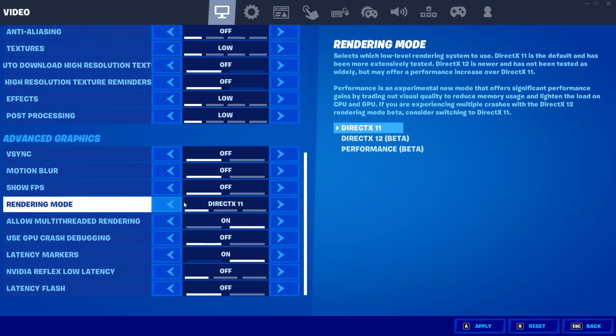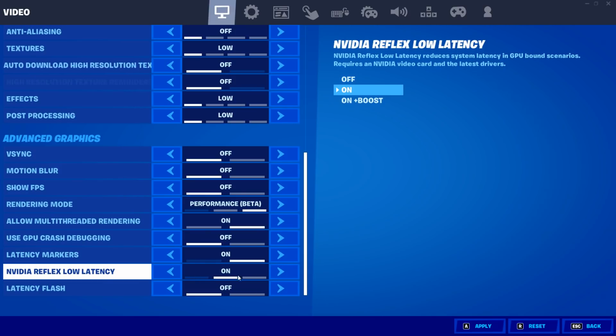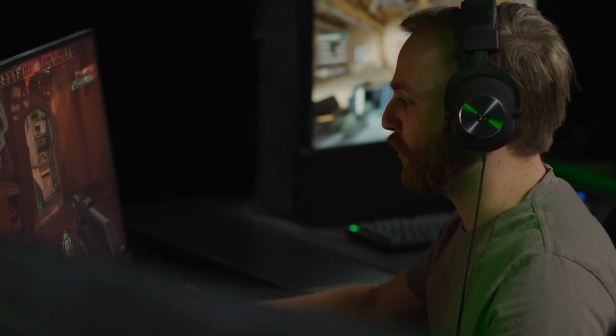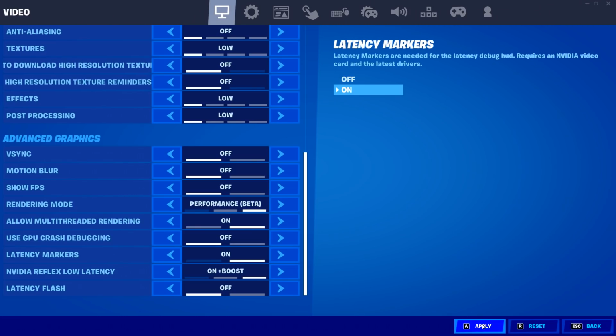But before you guys do go ahead and switch over to performance mode, what you want to do is quickly turn on NVIDIA Reflex low latency mode on either the on mode or the on plus boost mode. Whichever one works best for you is the one you should choose, but if you haven't heard about this guys, it basically lowers your latency in Fortnite a ton, and you definitely want to use either on or on plus boost. After choosing whichever one you want though, you want to go ahead, save your game, then restart it,